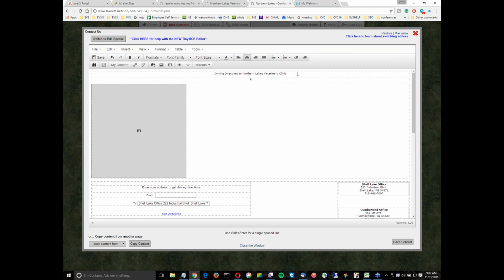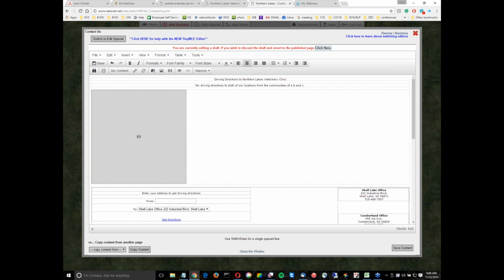So you could do something like, for example, right here, we would say for driving directions to both of our locations in the communities of A, B, and C, where A, B, and C are nearby communities, then you would show up for those, if we did this. So this is the first part of the step. I don't know any of the communities nearby, so I'm just going to say from